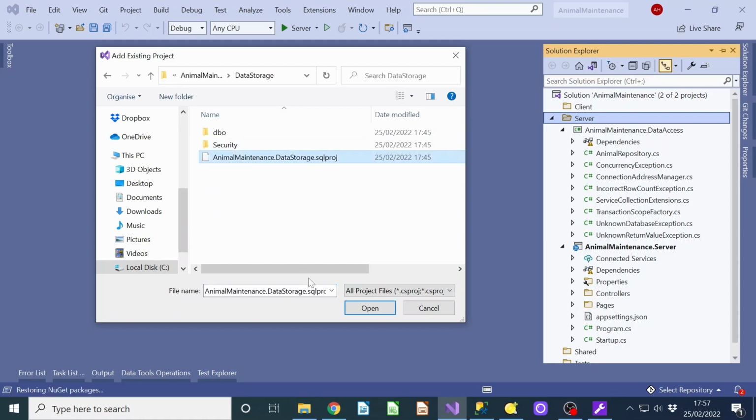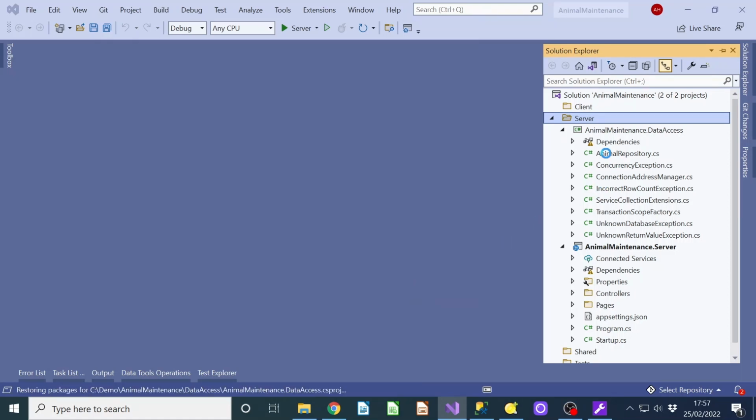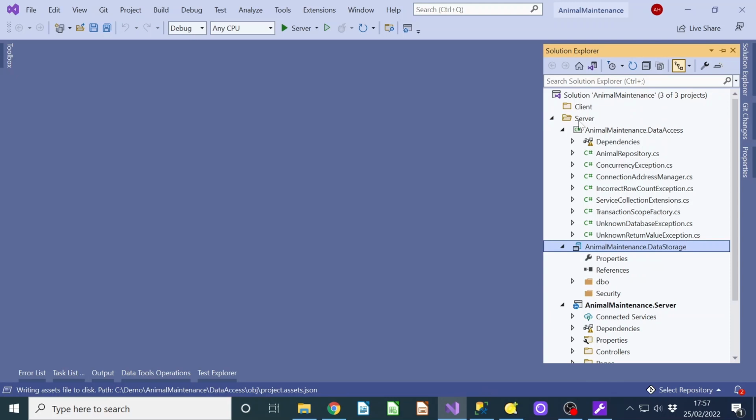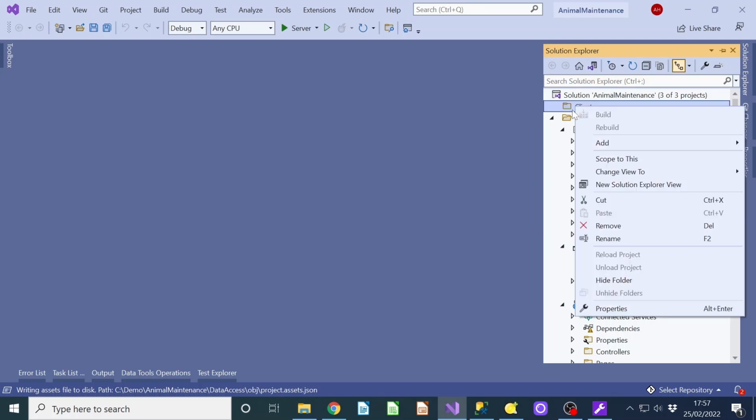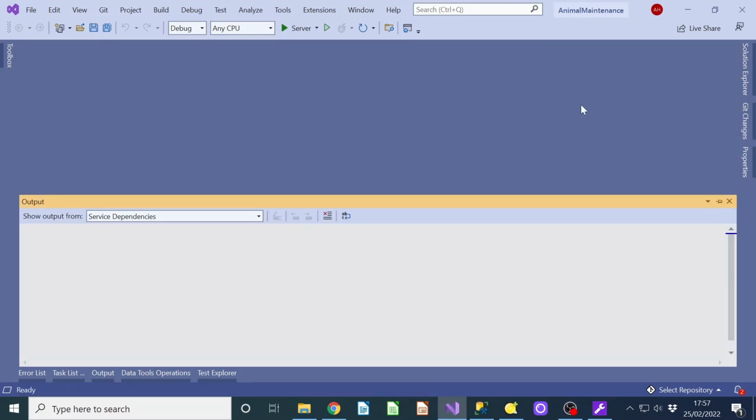Data storage is the next one. This is a little bit slower to add. It's a .NET Framework project, that one. It's never been upgraded to be anything else. Good. On the client side,